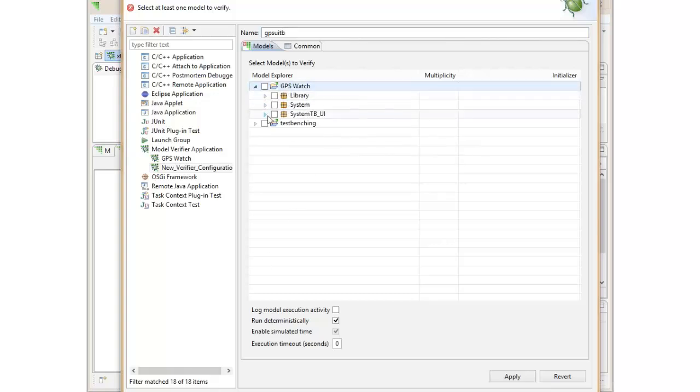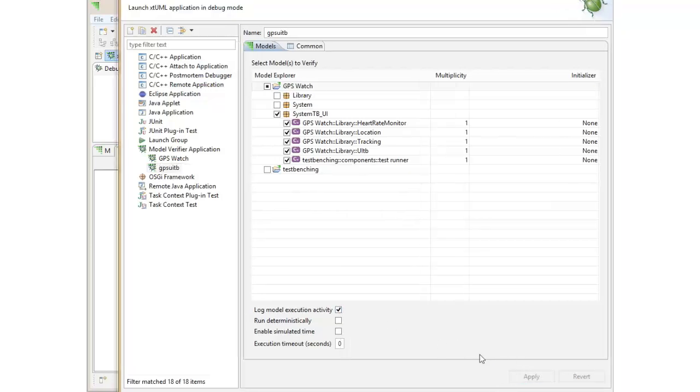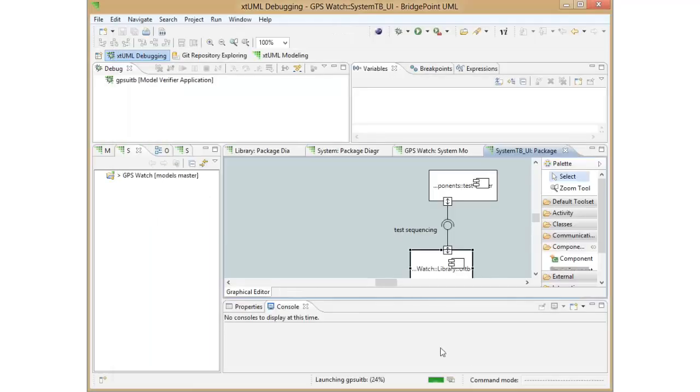We want to select the system test bench UI package, and we want to turn off simulated time and run in wall clock time and enable the logging of the activities when we run. So I'll start up the simulator,